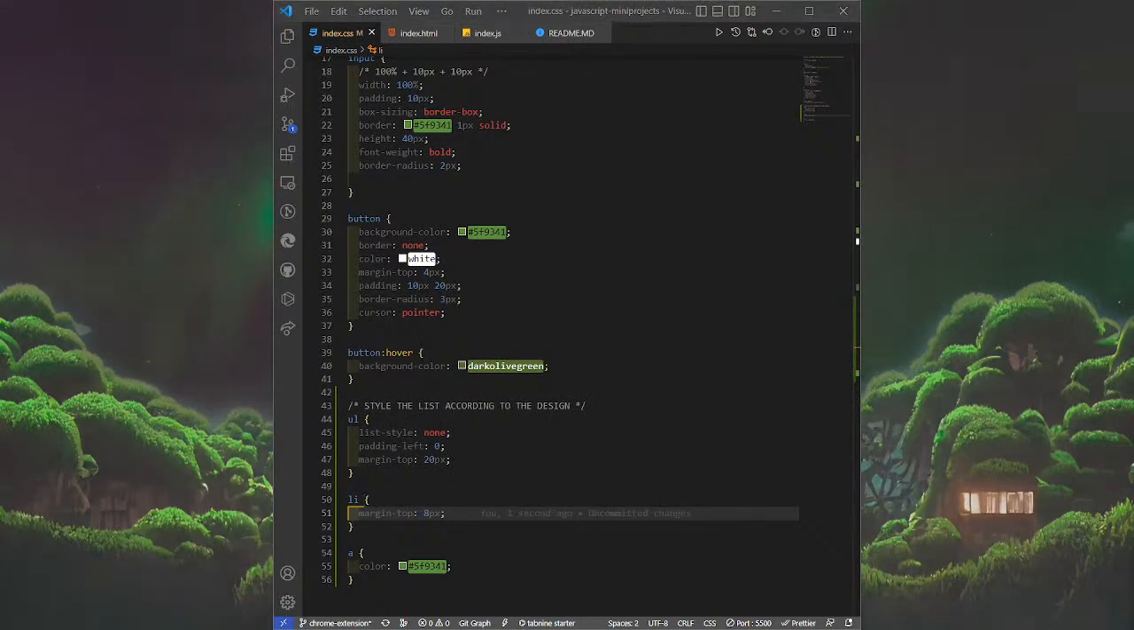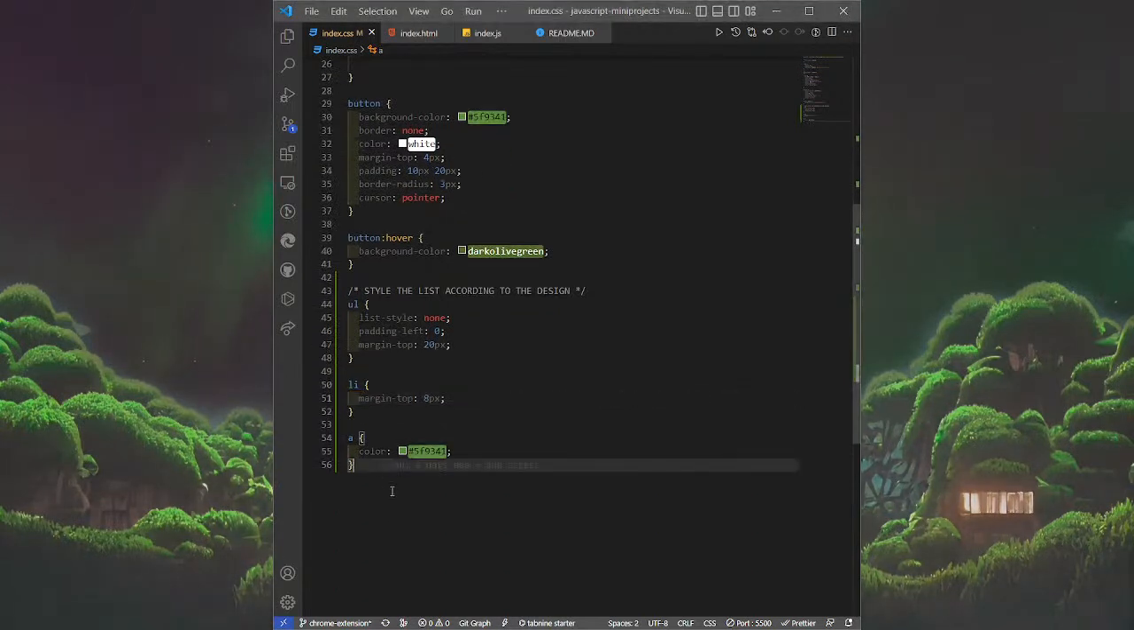But before we move on, there's one thing I want to point out, and that is that we are using very broad selectors for our CSS. We're basically selecting any unordered list or any list item or any anchor tag on the page. And this comes with the consequence that if we, for example, want to